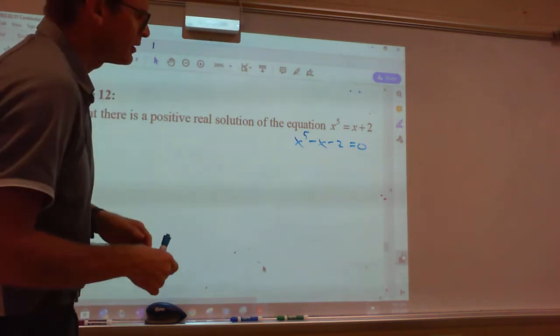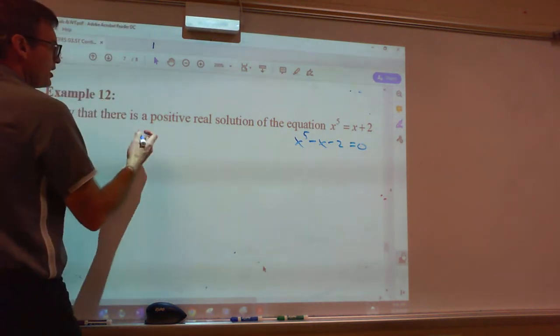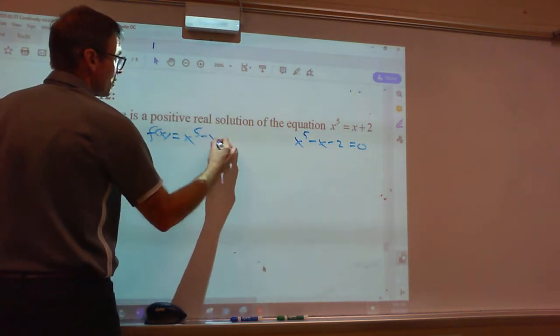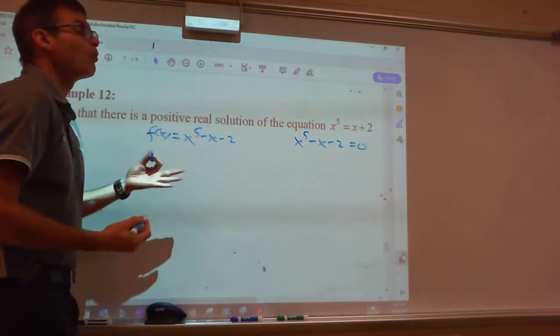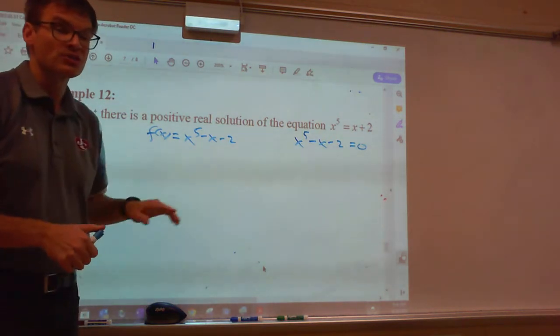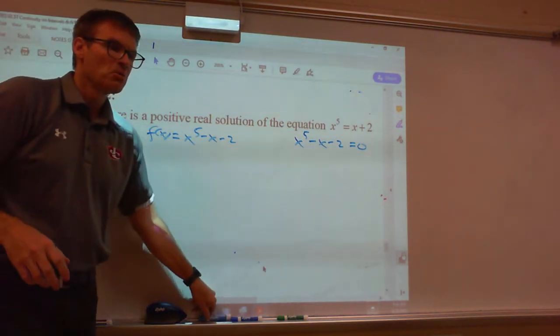Here's another way to look at this. If I give you a function, let's say f of x is equal to x to the 5th minus x minus 2, I want to show that there is a 0. I want to find out there is a place where this crosses the x-axis. Now,